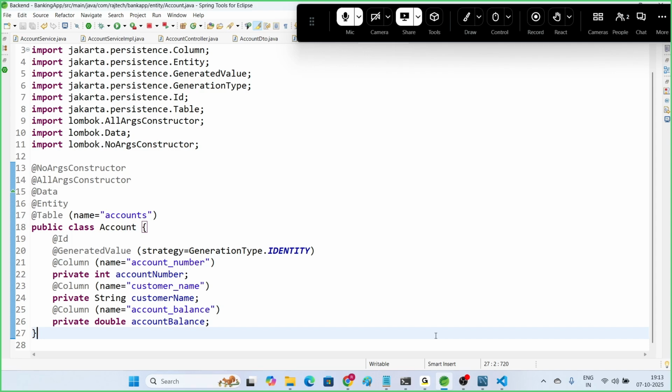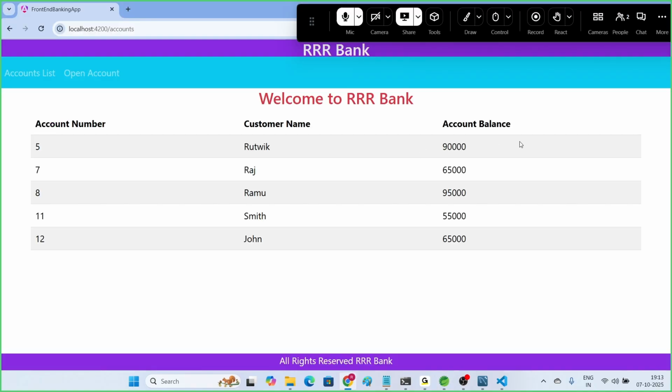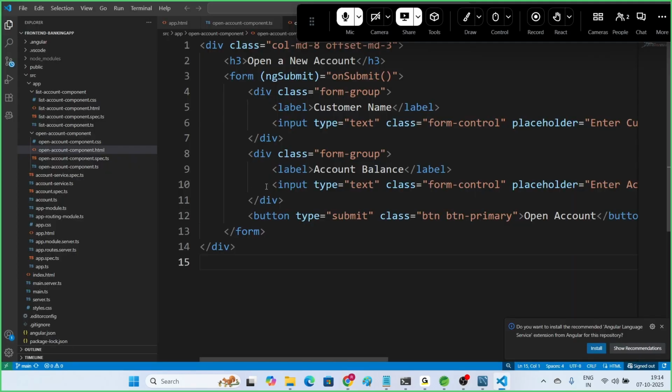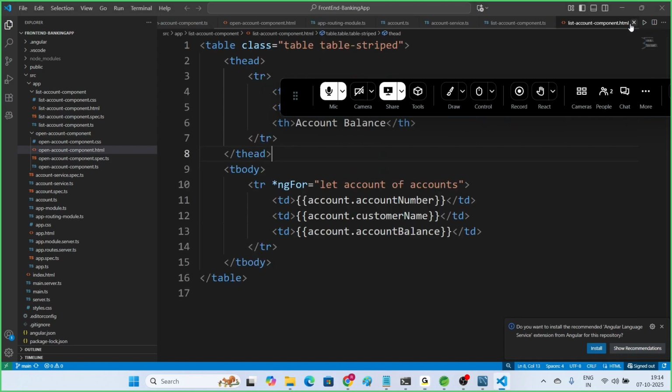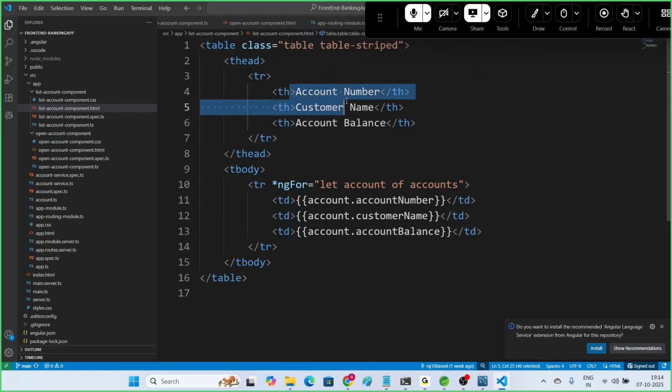Now, moving to the next one, that is deposit. Let us go with deposit. Here in our page, let us go with one action, action deposit. Where to add that? Here in this list, we are having this file, list account.ts file. Here we are displaying the headings like account number, customer name, account balance. Let us go with one more heading,